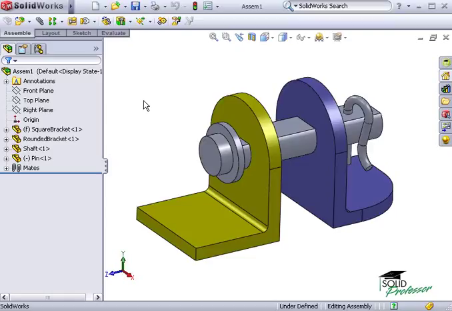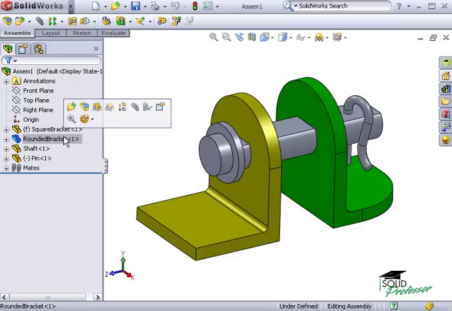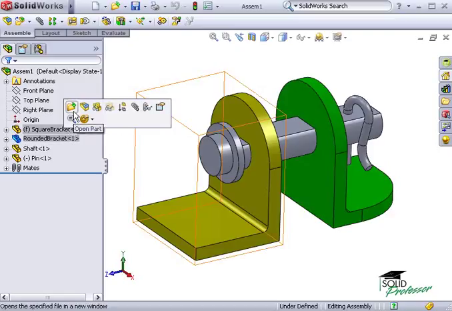One way to do this is by saving a separate copy of the file, which will not be referenced by the assembly file. Here we have an assembly with 4 components, but I want to use this rounded edge bracket to begin a new assembly. Now, as I just mentioned, we're going to have to create a separate file for the bracket, so I'll begin